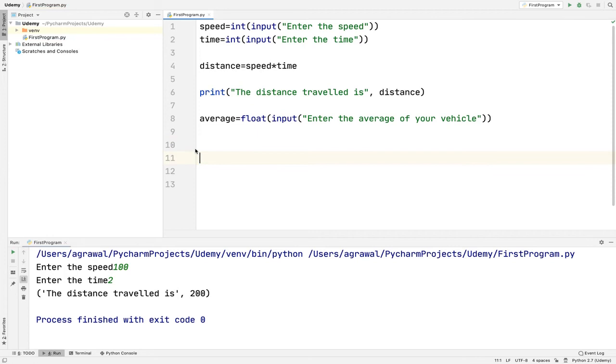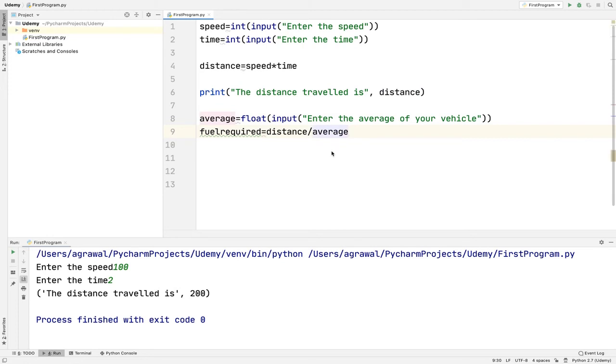Okay, so I will take another variable, and I will say it as fuel required. Okay, fuel required equal to distance by average.